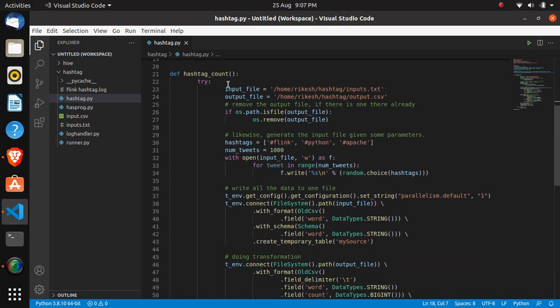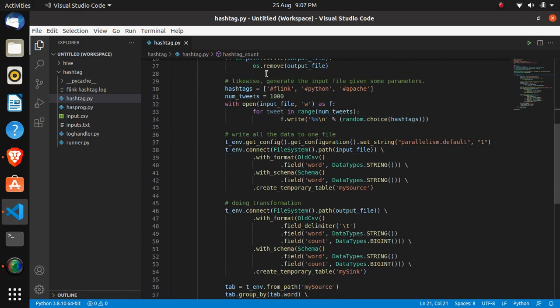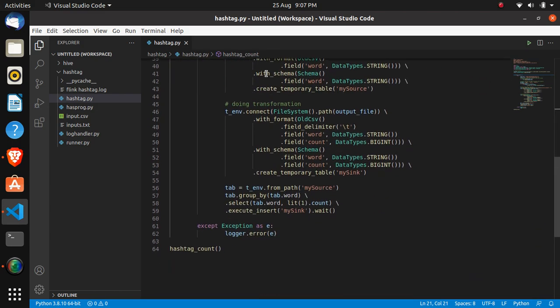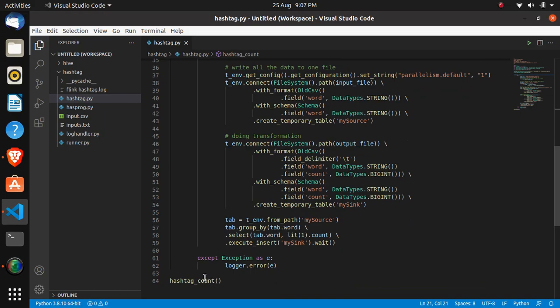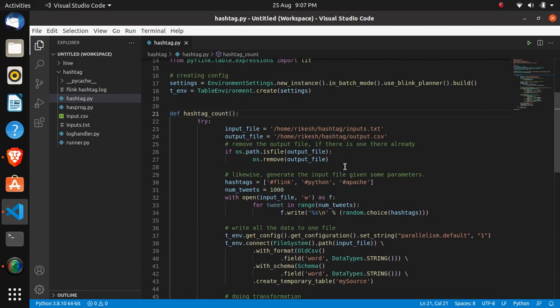After that, here I have created a hashtag function, and there I have written all my logic, all the code. I am calling this function to run. So let's go with our input file. First, in the input file we have to provide our input text file. Here I am taking an input text file. You can use any name. It should be blank, because we will be writing our hashtags over there.